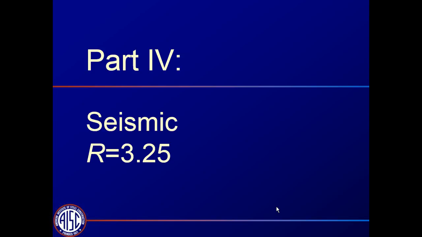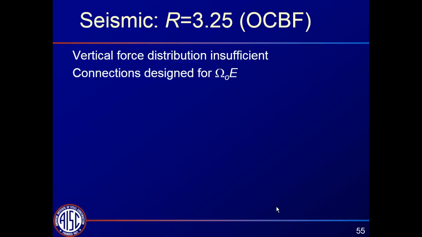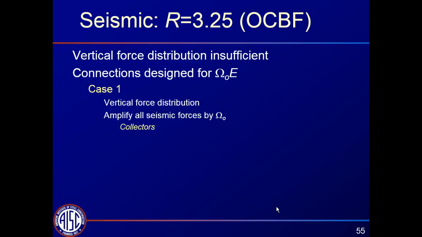All right, so let's proceed on. R equals 3.25, that's the ordinary concentrically braced frame. Very similar to what we were doing before. The only difference is that you have omega sub O applied to the bracing connections as well. So we'll have the same 2 cases, the vertical force distribution, and then combined with collector forces that are determined by